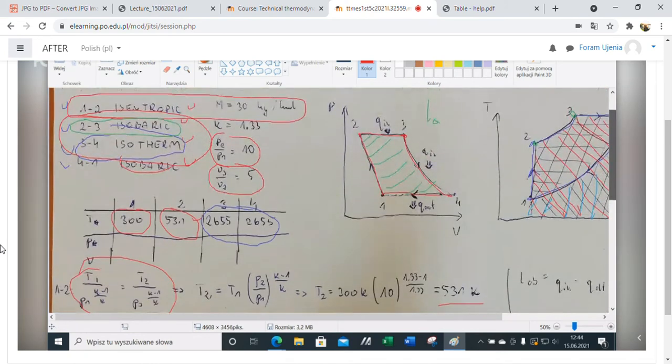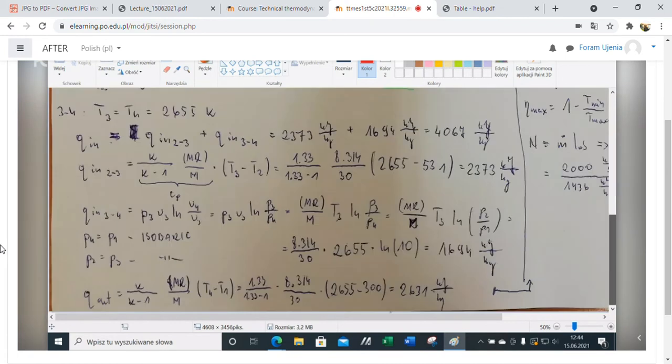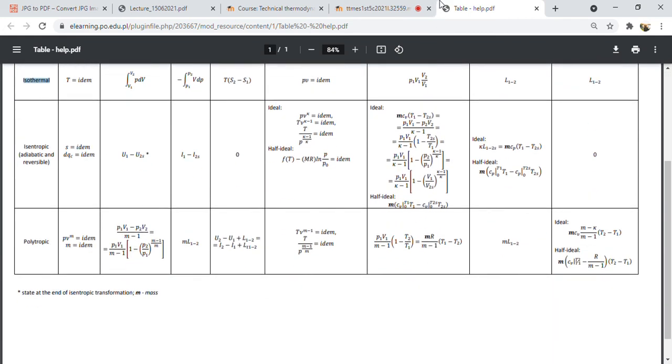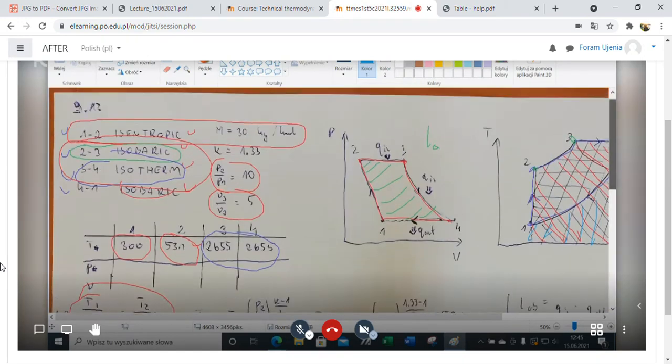For 2 to 3, yes, for the isobaric process, it is kappa to kappa minus 1 m R. It is R. Yes, the same R. Okay, and this is Cp. Yes, everything multiplied by the difference of the temperature,